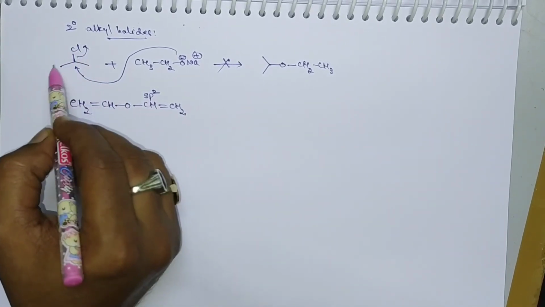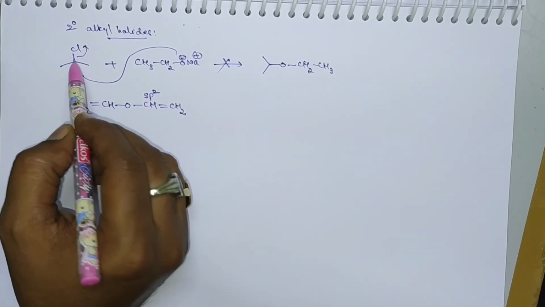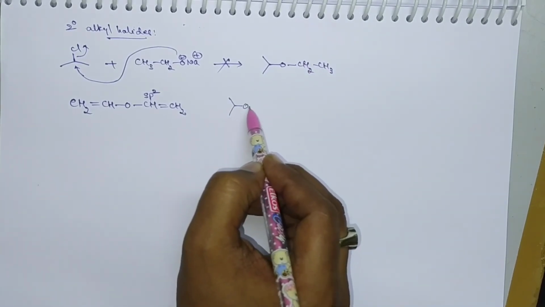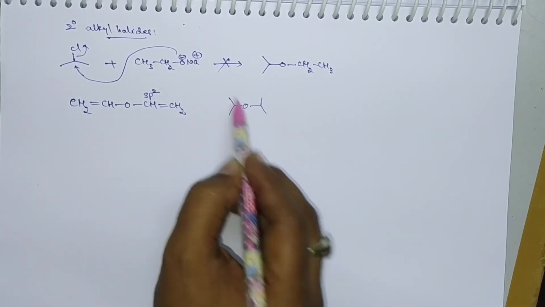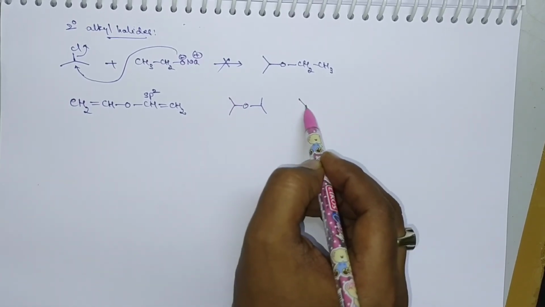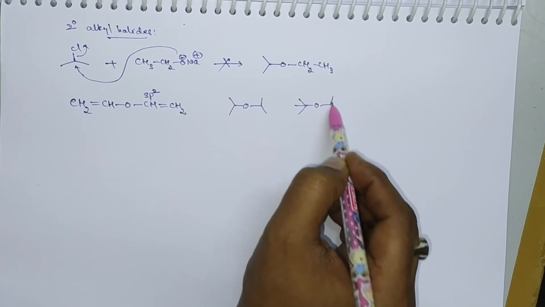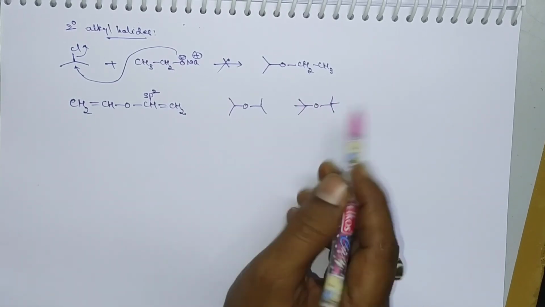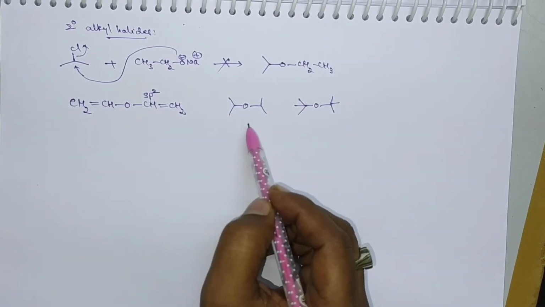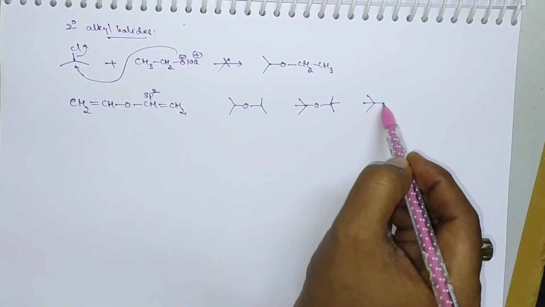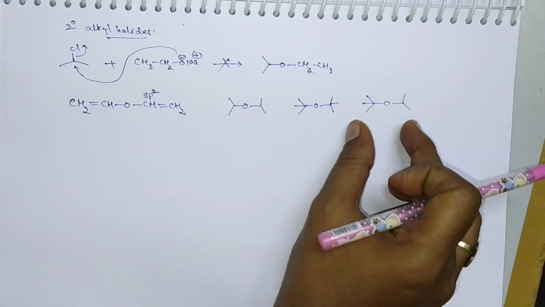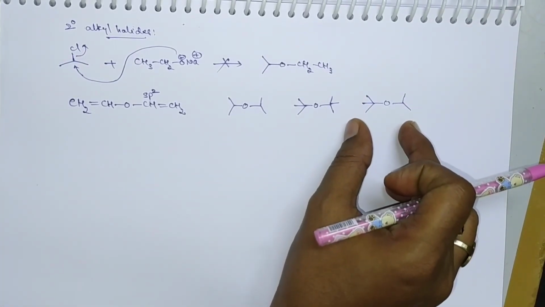Here it is a secondary alkyl halide. So from this secondary alkyl halide we cannot prepare this ether. In this way we can't prepare ethers containing a secondary alkyl group, that is an isopropyl group. Similarly, ethers containing a tertiary butyl group also cannot be prepared by this method. Due to steric crowding, these cannot be prepared. Suppose there is a tertiary alkyl group and another one is a secondary alkyl group, this can also not be prepared by Williamson synthesis.